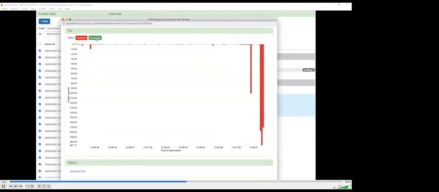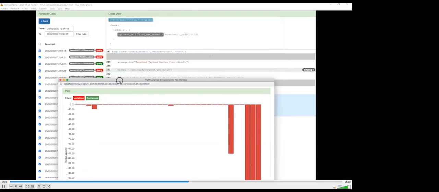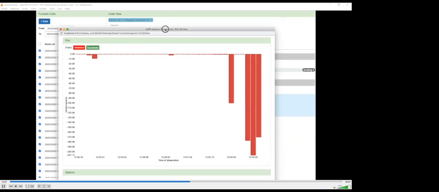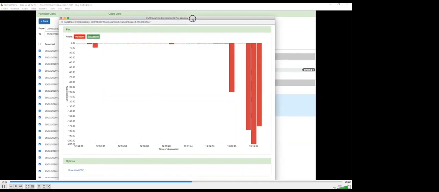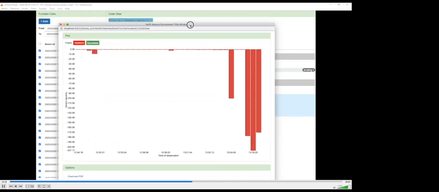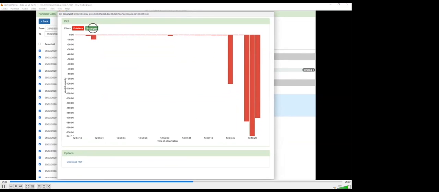So if I filter out all the successes and I just want violations, then I see that, well, there's one here that has a severity of -10. And this just means that it was outside the interval defined by the specification by 10 seconds. And it's here. If I have -207, then this was quite a bad violation. It means that the measurement was outside the interval by 207 seconds. So you can see that's quite a major failure. So now if I turn successes back on,